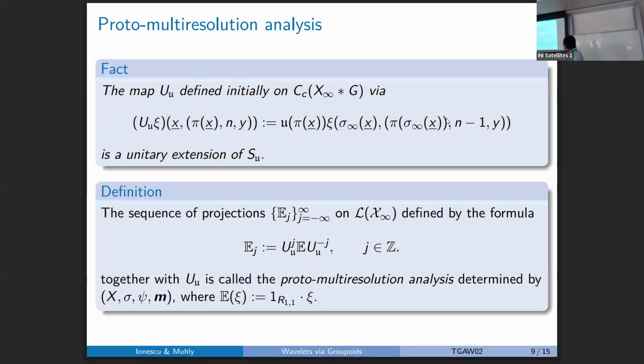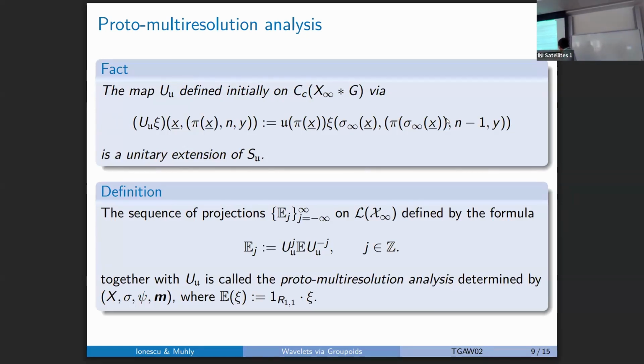And again, this might look intimidating, but the point is that it's concrete and we can apply representation to it and get the formulas that we want. So it's a concrete one, and the function U comes here, and this is a unitary extension of the isometry that I defined on the previous slide, and it's one ingredient that we need in our form of the definition